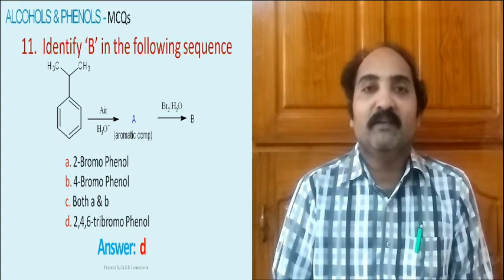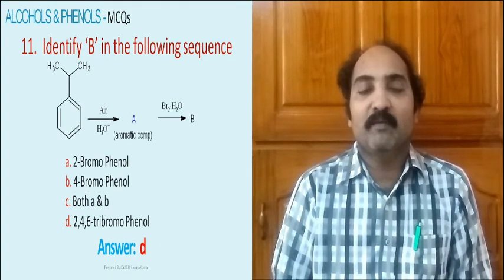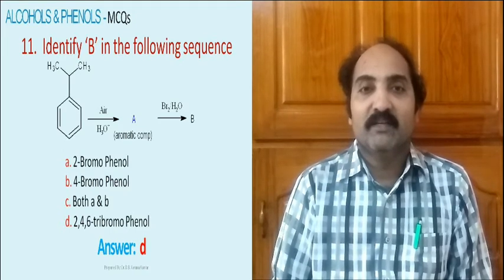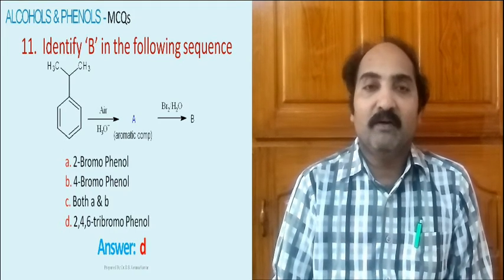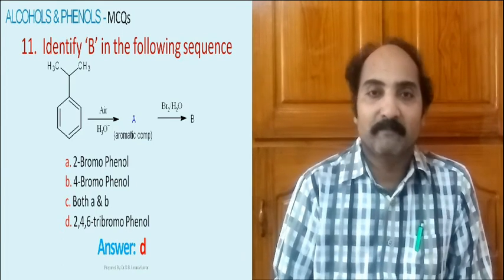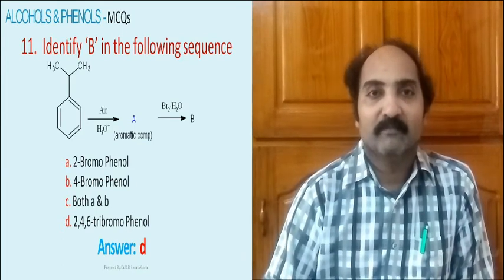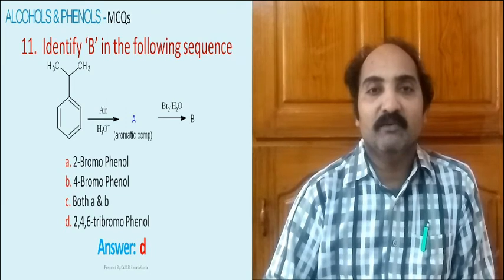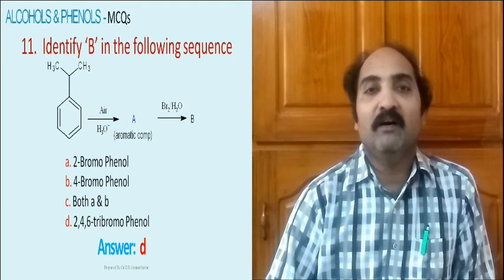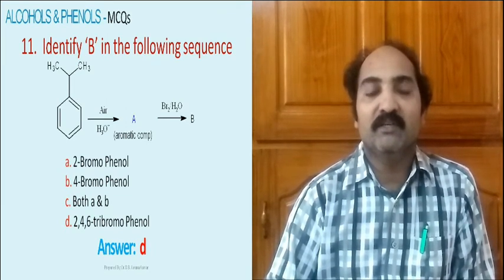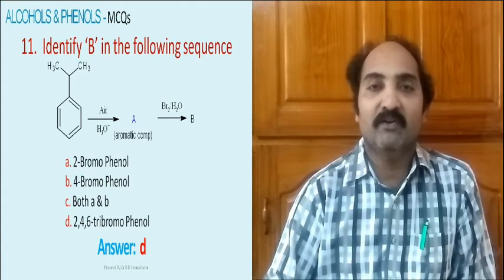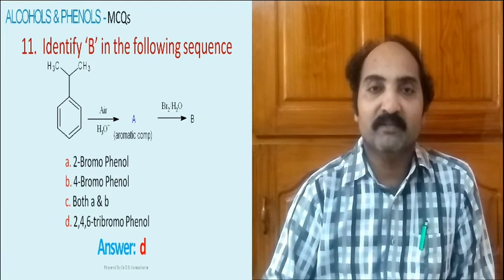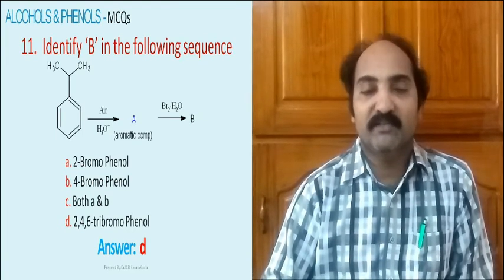Now we all know pretty well that organic chemistry is a chemistry full of conversions. Here is one more question, that is question number 11, in the form of a conversion in front of us. It is with regard to cumene. Cumene on aerial oxidation initially forms cumene hydroperoxide. This cumene hydroperoxide on hydrolysis will form two important products. One is phenol, the other one is acetone.